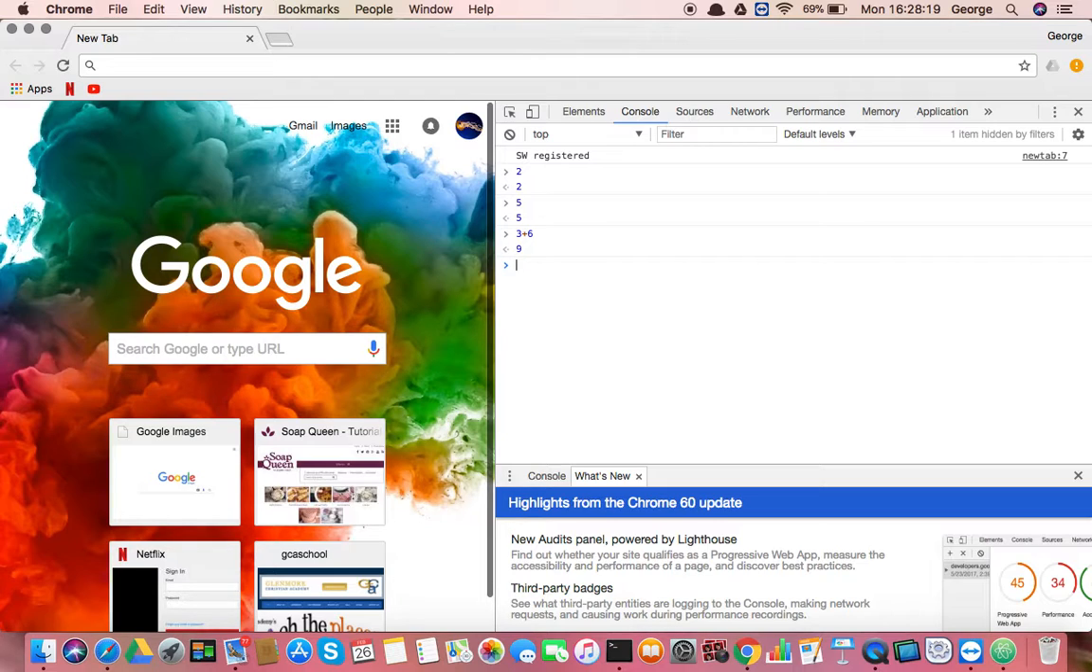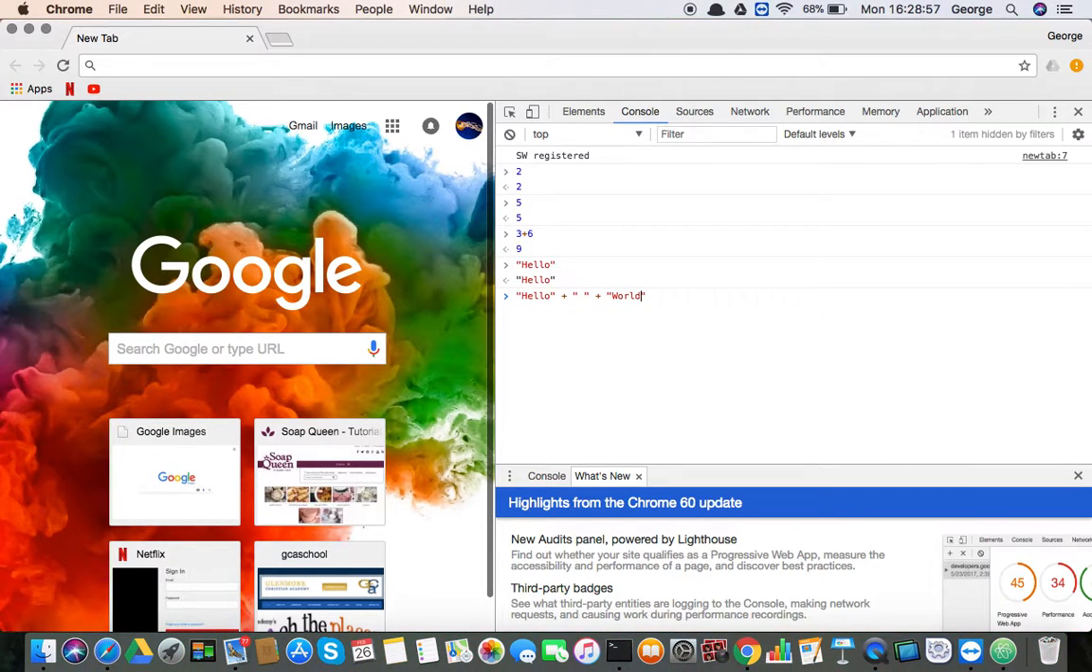You also have strings. And it will bring up the string. You can also append strings. Plus. I'm just appending 3 strings to make it say hello world. I know you can do that all in just one string, but